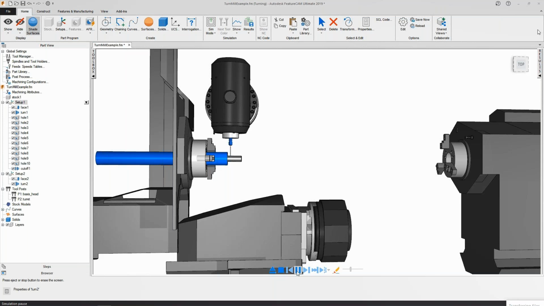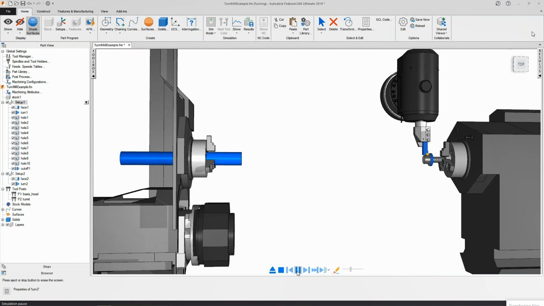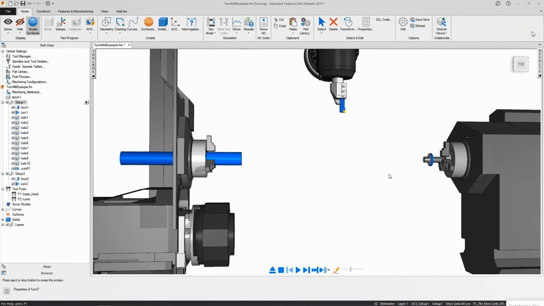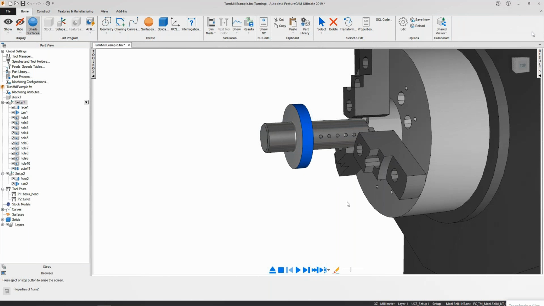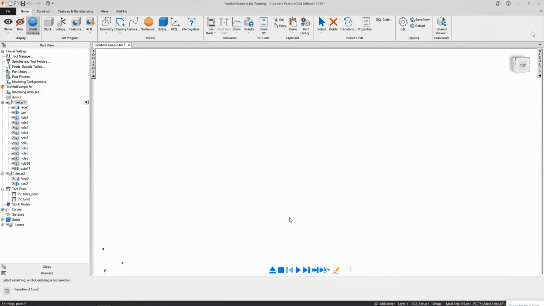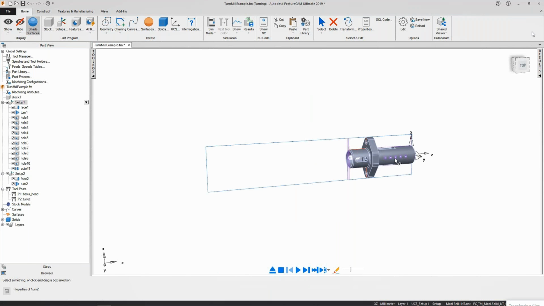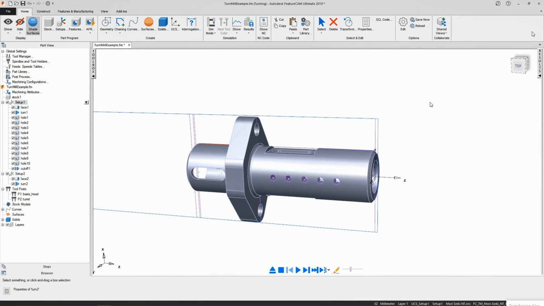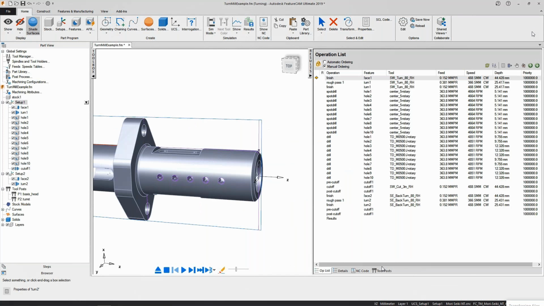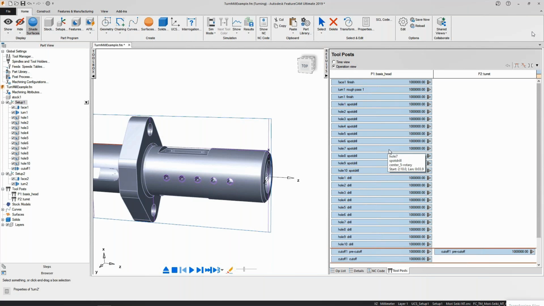Here you see the simulation on the main spindle, then the part catches to the subspindle, and the remaining operations on the back of the part are done. You see the entire workflow of the part, and you can see the NC code getting generated immediately.